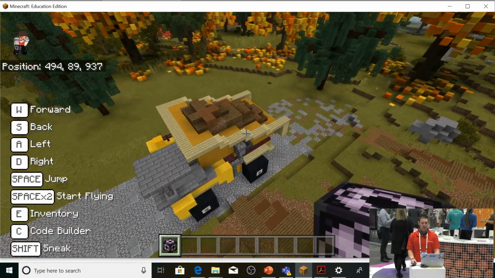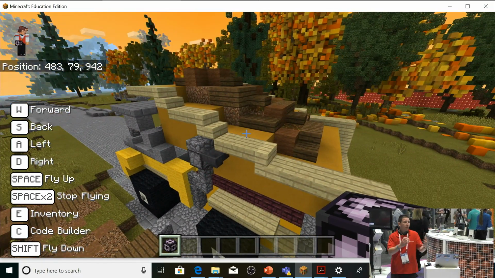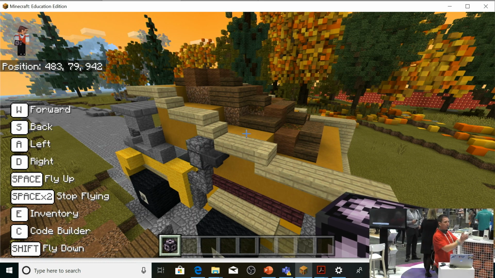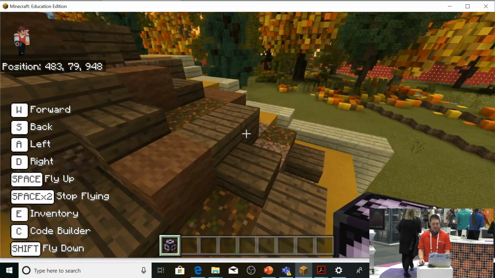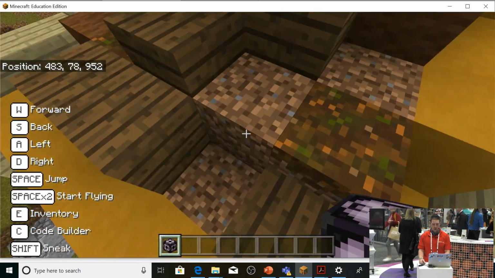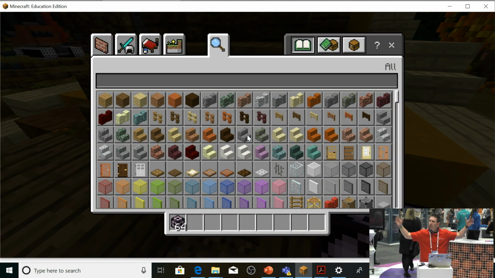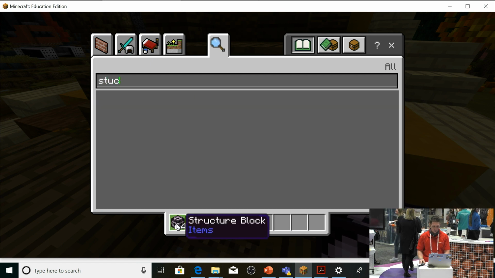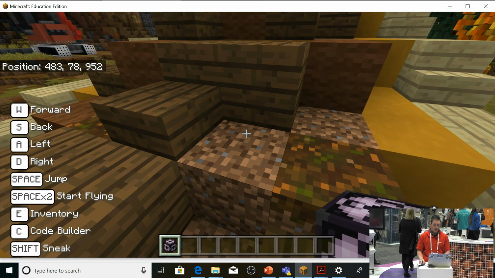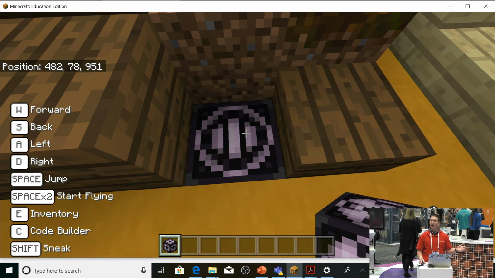Now, this is fantastic when a student designs something like this in Minecraft Education Edition. It looks great, but it's still in a digital form. Let's just say we want to take that truck and put it into the real world, okay? What I have to do is put down this very special block right here. It's called a structure block. It's right here in my hand. So I press E on my keyboard and bring up my inventory. When I type the word structure, you will see there's a very special block right here in the bottom called structure block. And if I put that down in my inventory and place that there, that's our structure block.